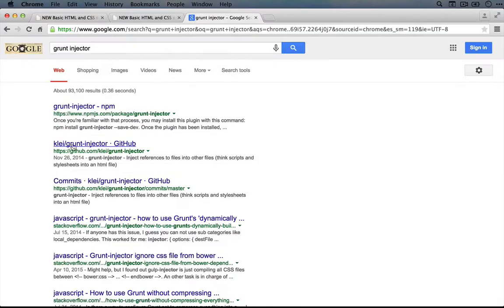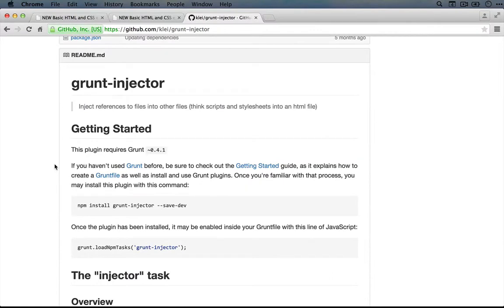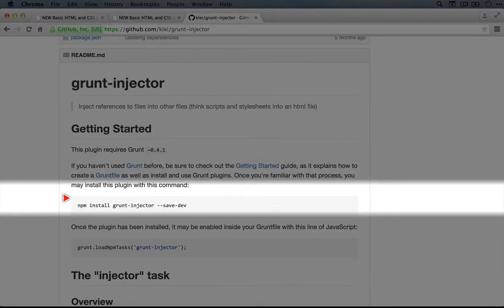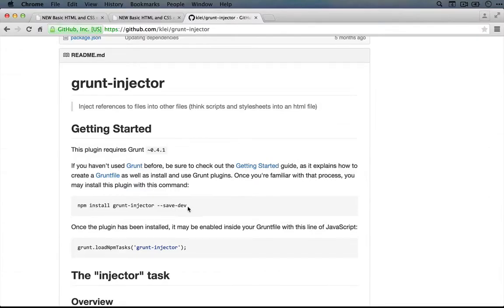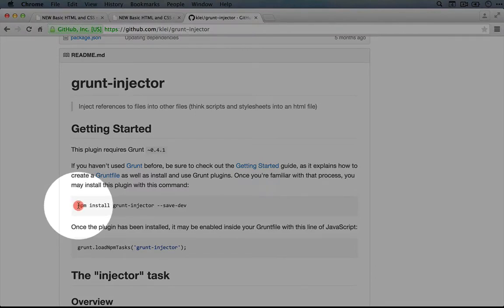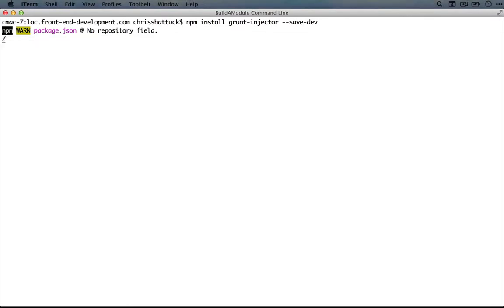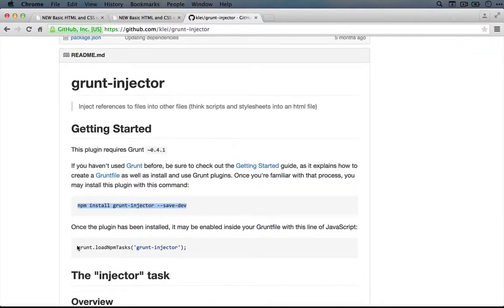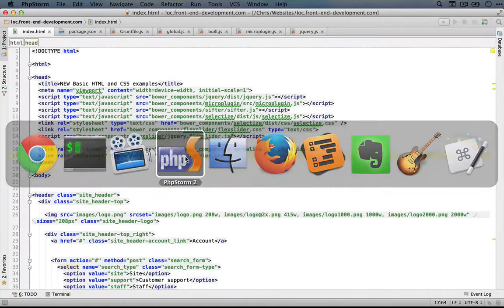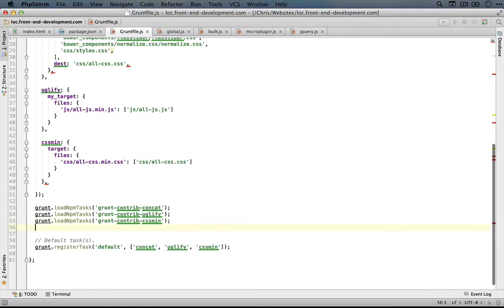So I'm going to go to this page here. I'm going to scroll down, and we'll go through the process of installing this and enabling it in our grunt file. So I'll copy this command, and I'll go to the command line. I'll paste it in and hit enter. And then we'll copy this next line and add it to our grunt file to enable it. Jump over to our grunt file in the editor, paste this line in, save it, and I'll go back and